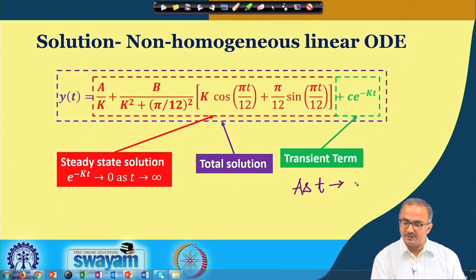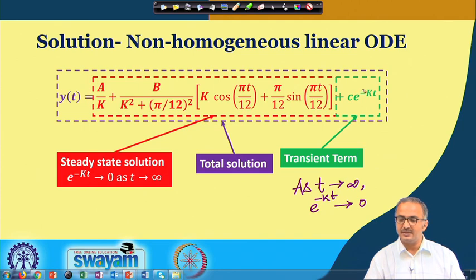as time goes to infinity, we find that e to the power minus k t tends to 0. That means that at long time this term will vanish, so this thing we shall be left with. And this is giving rise to a sinusoidal form. So, this red colored one is giving us the steady state solution.